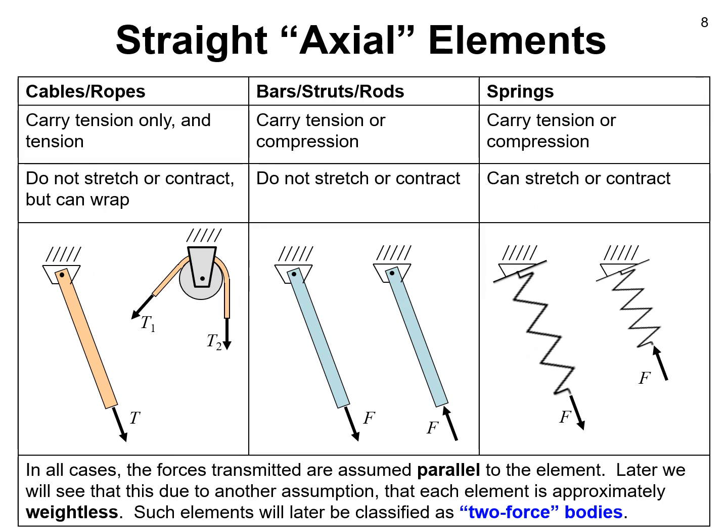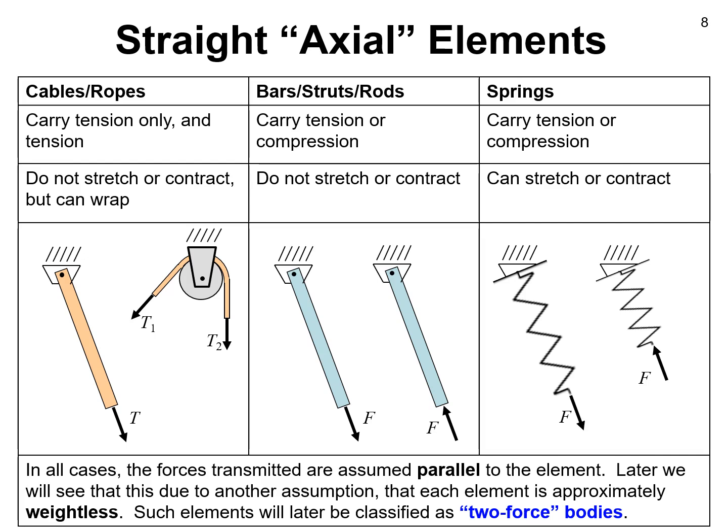The next set of categories I'll introduce are what I'll call the straight axial elements. Here we have three different varieties: cables and ropes, bars, struts, and rods, and springs. I'm putting these all in the same table so you can compare the similarities and differences. A cable, for example, can carry only tension, but a bar or a strut or a rod could carry tension or compression, and also a spring could carry